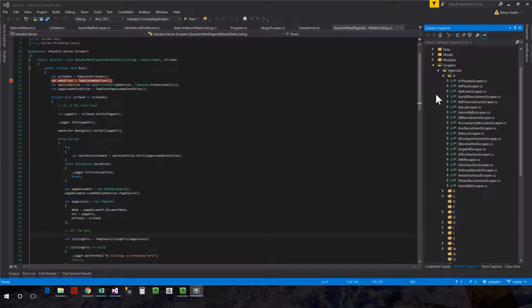Hello, today I'm going to show you how to use the next page scraper, a static scraper that uses a paging mechanism. So the first thing we're going to do is we've got a website here called abacusconsulting.co.uk. The first thing we need to do is find out how the jobs are listed. So it looks like if we click all live jobs,